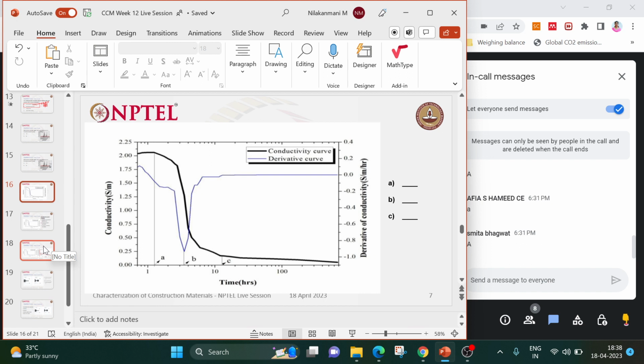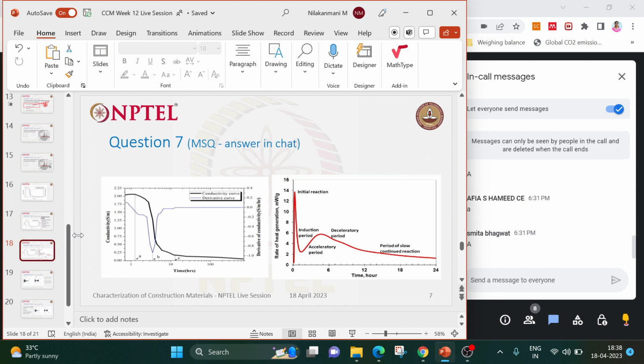I could not see any answers here. Let me do one thing: let me compare these two graphs. This is the heat of hydration curve of cement. The 2 minutes are over. I think I also used most of your time. So now you should be able to